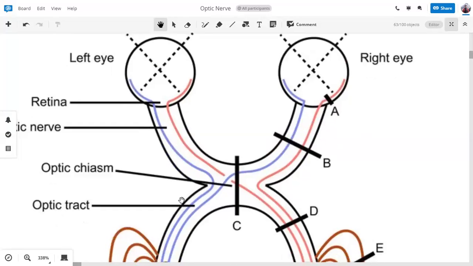Okay. In the left optic tract, if these fibers are being affected and some of these fibers,